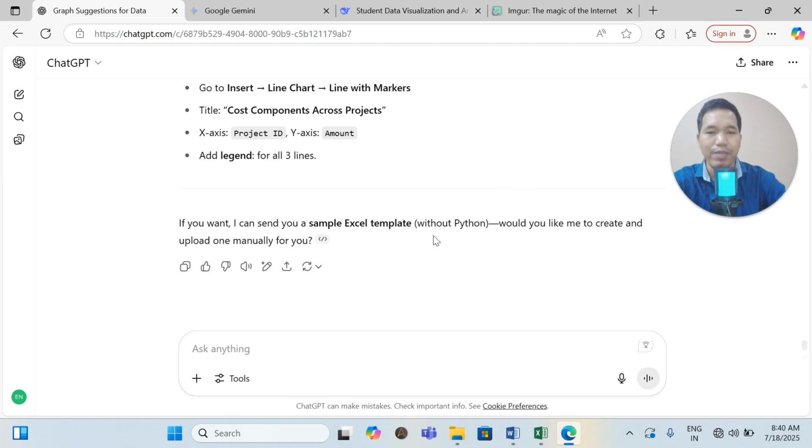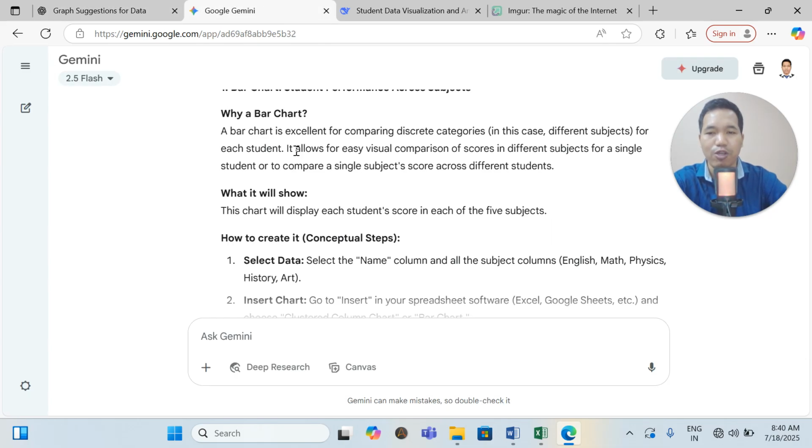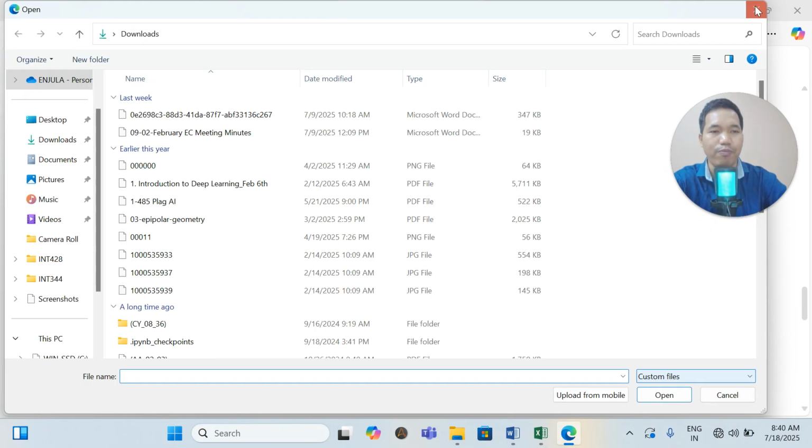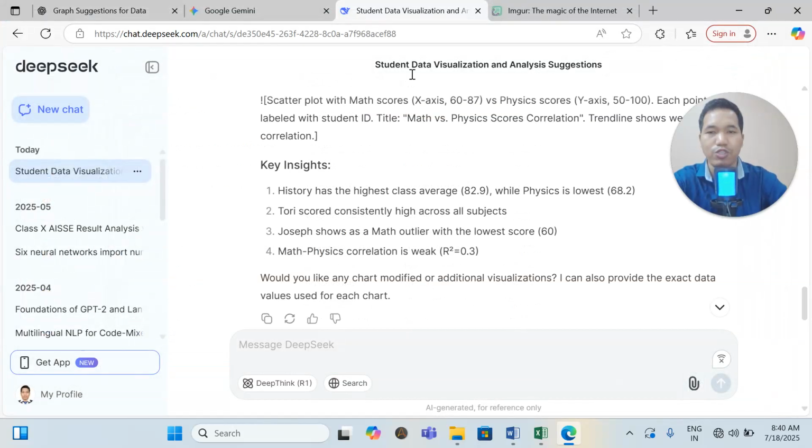So what happens when there is a big data set, you have to upload the big data set, it's better to use Python. Python will take a little time for you all to understand, but keep trying, this will help you. Okay, in Gemini also you can try the same thing. Click here and you can try in here also. You can upload and try. Just keep trying. If you have any problem, let me know. I'm having a network issue. Keep trying.